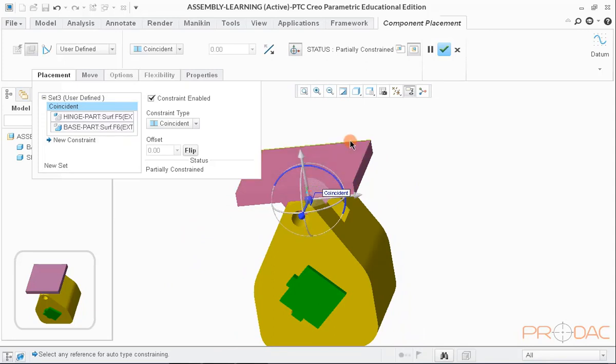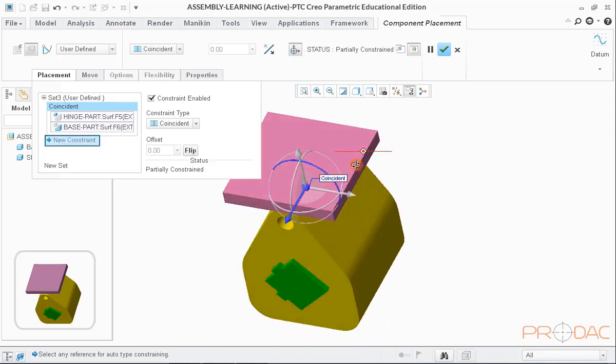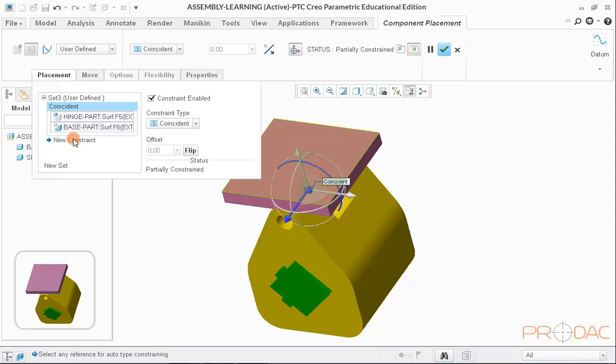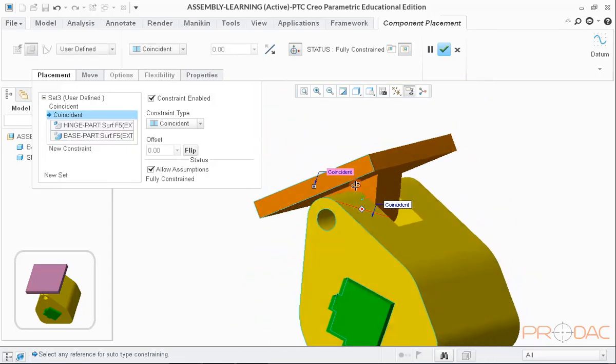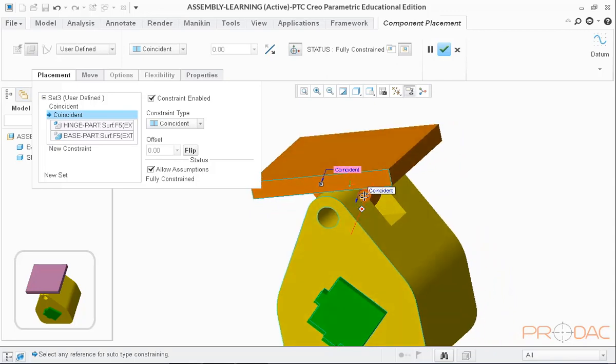Add second constraint by clicking on New Constraint option. Now, mate other surface as shown here. Ensure that the constraint type is coincident.